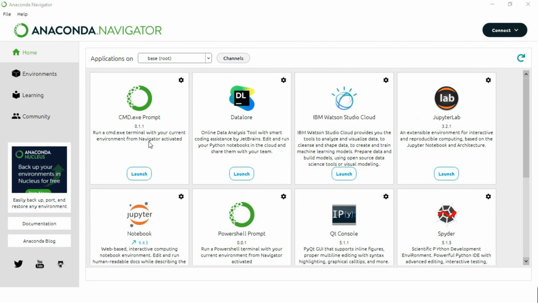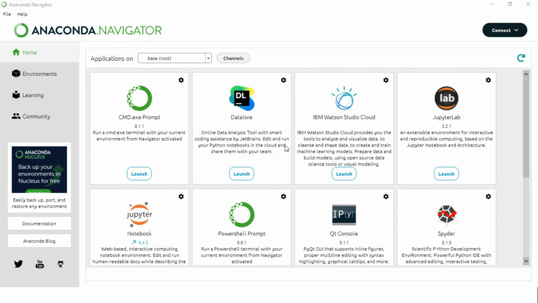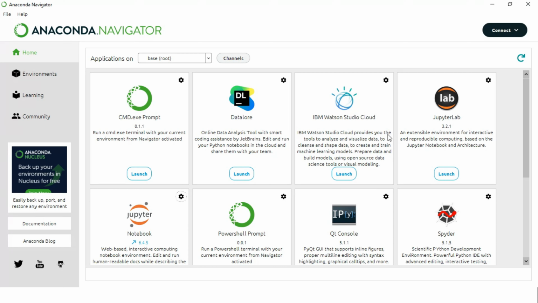So this is Jupyter. You can launch any of these from here, and you can install more. This is what we call the base. On top of this, you can install other packages as well. If you want to open the Jupyter notebooks, you just need to click on launch. If you want to install anything else that is not already there, you can go ahead and click on install. It will automatically install here. But mostly all the basic packages come built-in here. You can use a command prompt here if you want to.